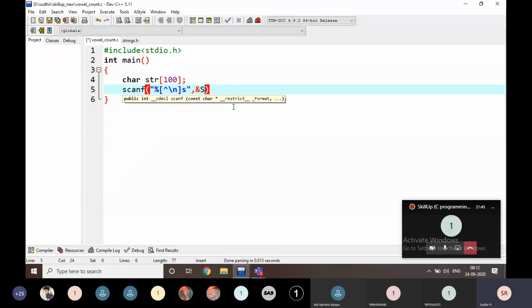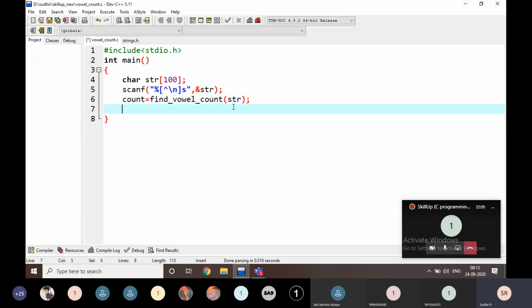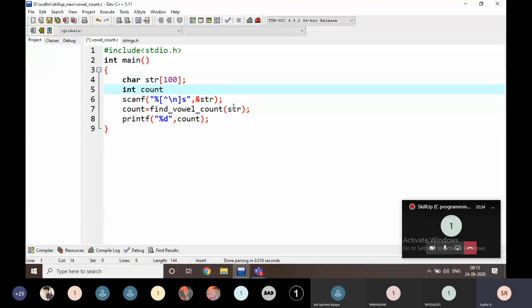Find vowel count of str. Some count is equal to that. I'm going to print that count. That's it. Nothing else. This count is going to be an integer variable, that's why I'm writing here int count.